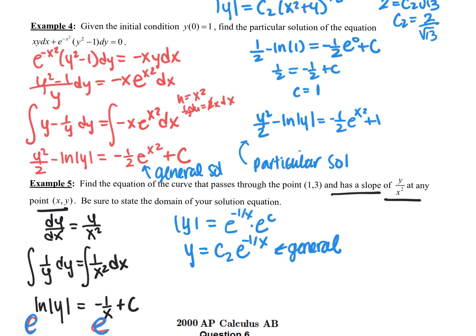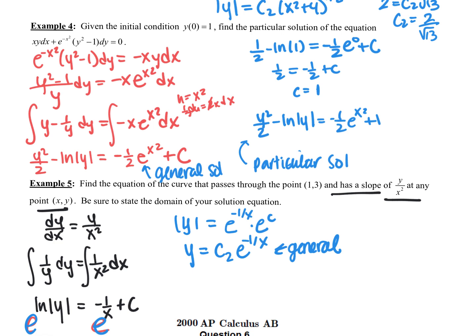And I'll say this is probably the most common mistake that I see both in class and grading on the AP test. When you have this plus c up here in the exponent, you have to remember it's in the exponent, okay? It can't just drop down here and become a plus c on the outside, right? It becomes times a constant because of this exponent rule. So don't forget to separate that into times e to the c. You should have a times a constant, not a plus a constant, right? But it's really easy for that to just kind of fall down there and just be added on instead of